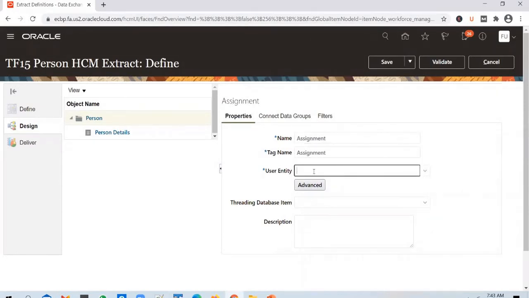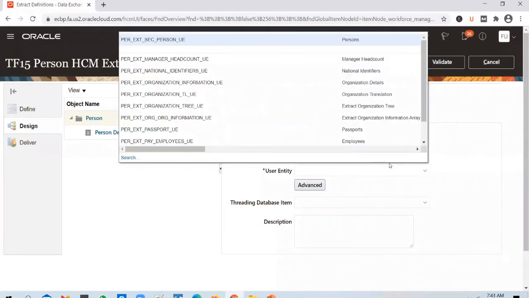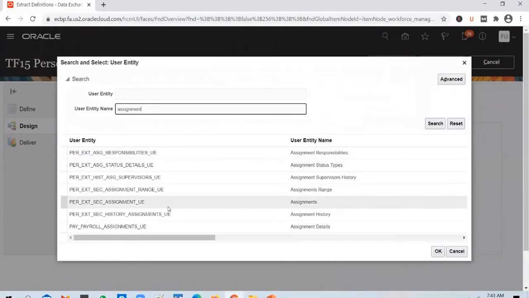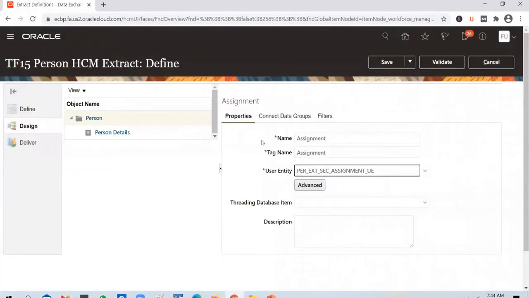and you need to pick up assignment user entity here. So you click on the drop down, search for it. And you can select assignments. And if you want to see what is the definition of this user entity, if you want to see the query running behind this, you can click on advanced.